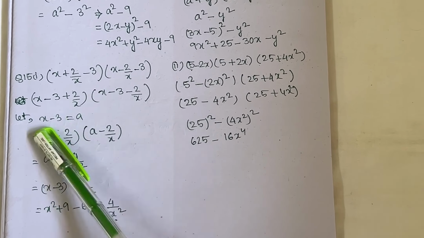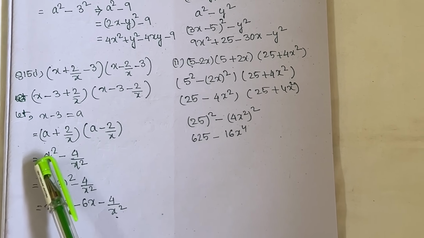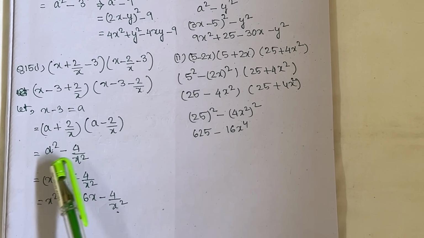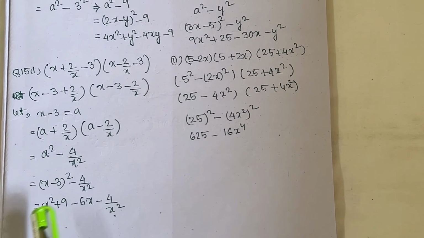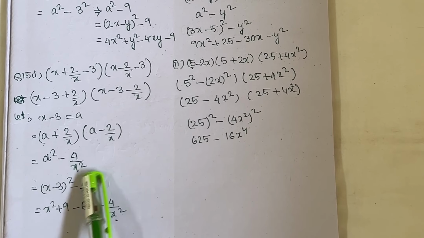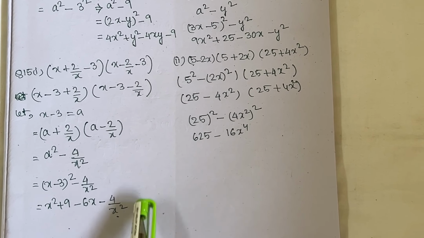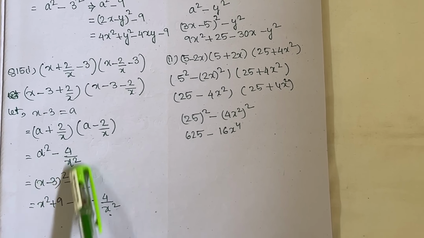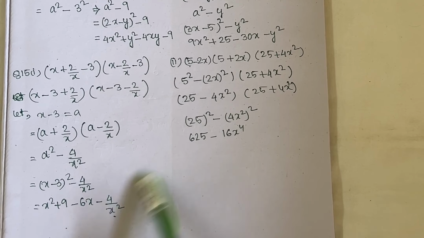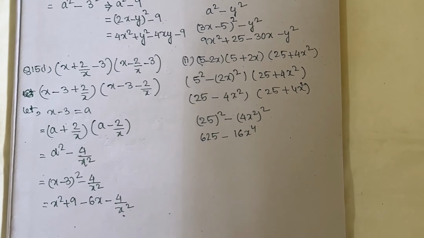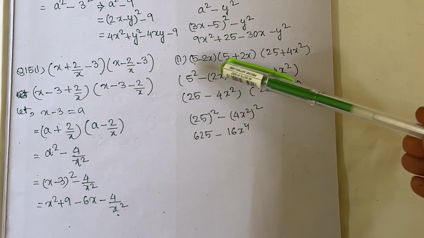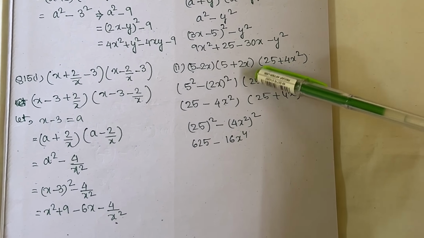So now we can clearly see we can take it common. So it becomes (a plus 2 by x) into (a minus 2 by x), that is a square minus 4 by x square. So it becomes (x minus 3) whole square minus 4 by x square. Because it is a square minus b square format, again whole square formula, putting in the values, we get the answer. Now for part 2, that is (5 minus 2x) into (5 plus 2x) into (25 plus 4x)